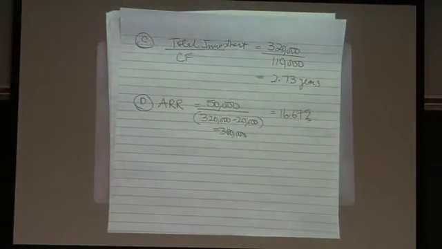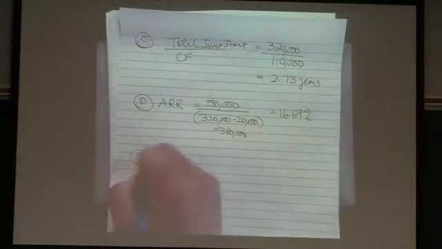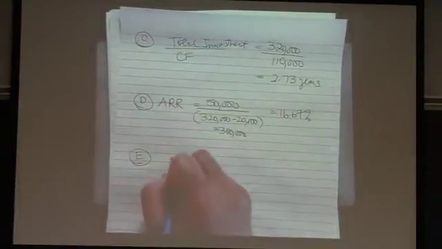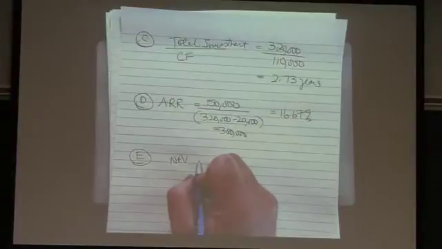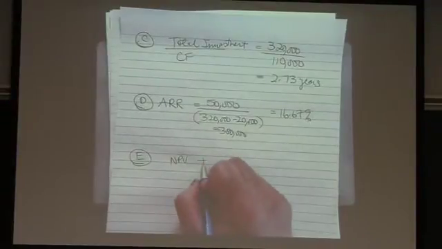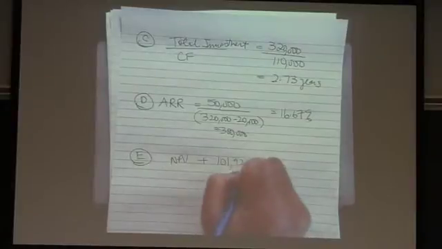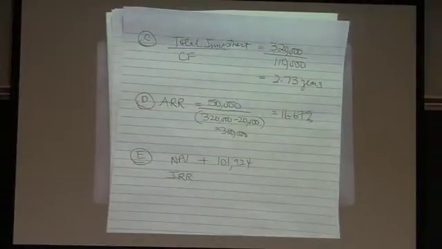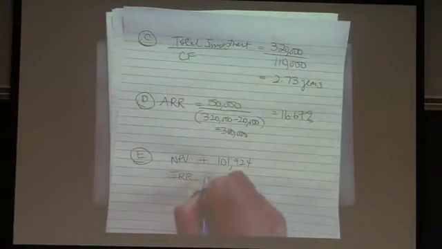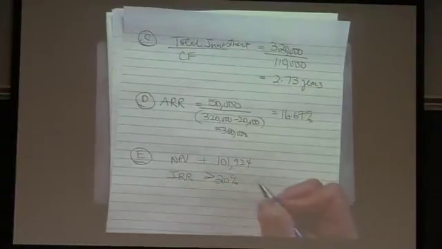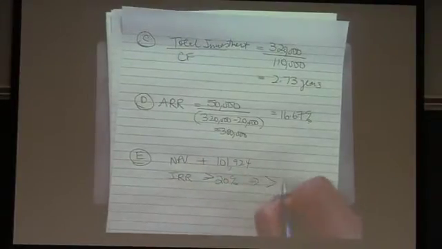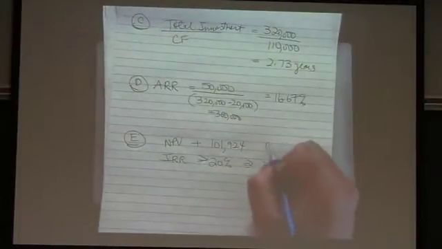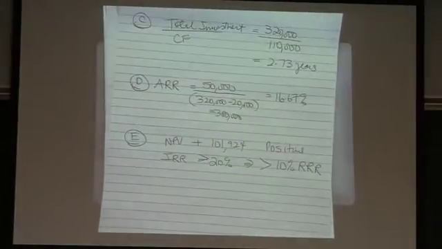Now, the next question in E says, should KTI invest in the project? Well, the answer is, for NPV, we calculate NPV to be positive 101,924. IRR, we said it is greater than 20%, which is greater than the 10% required rate of return. So that's good. That's positive. So it's good. And the payback